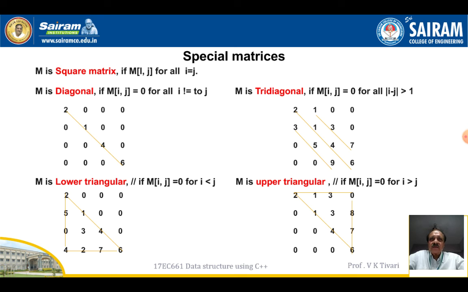M is tridiagonal, which can be seen: the middle diagonal, one above and one below, are all nonzero, and the rest of the elements are 0. For this we are writing for all i minus j greater than 1, that we are checking. Same way, we are checking whether M is a lower triangular